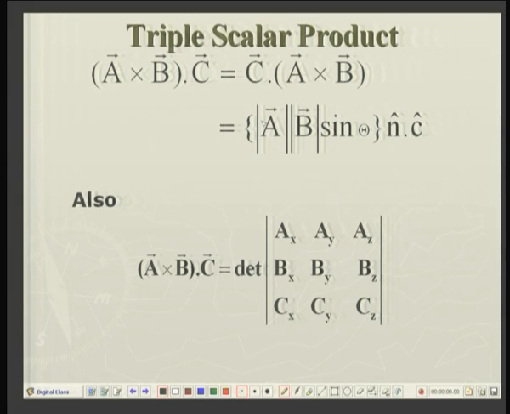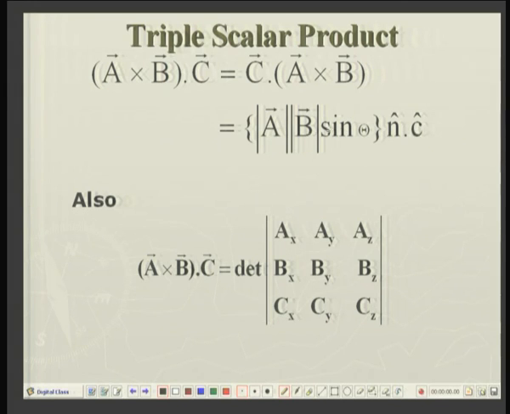There is another type of product which is sometimes encountered in mechanics, namely the triple scalar product. Well, it consists of first a vector product between two vectors A and B, for example. So, A crossed with B, and this product is then dotted with vector C. So, A crossed with B dotted with C is equivalent to C dotted with A cross B. This is due to the commutative law of dot product, and magnitude wise either of them is equal to the magnitude of A times magnitude of B times sin theta.